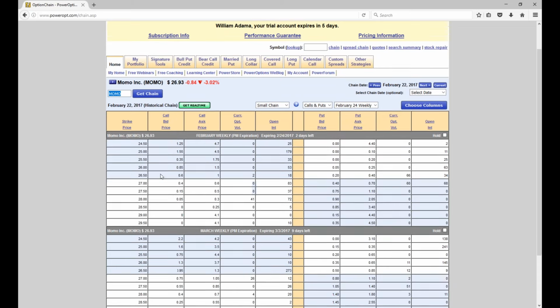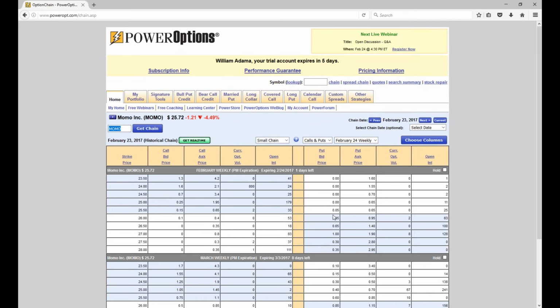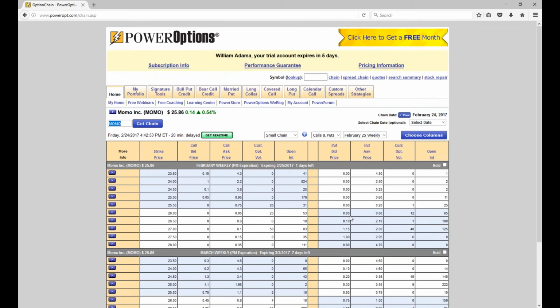Well, the customer had the 26 naked put for today's expiration. So yesterday he was looking at a profitable position he could have bought back for about 10 cents, to having to consider buying it back at a much higher price. During the day it was at close to $1, with the wide bid-ask spread. But today he probably could have closed that 26 put with the stock at 25.86 for maybe only 20 cents or 30 cents. The bid-ask spread is really wide, but I just wanted to see that.